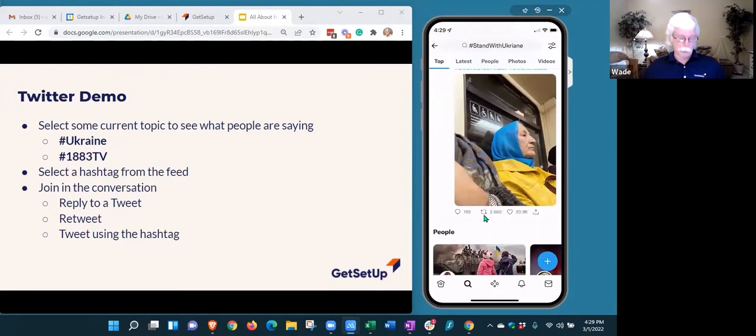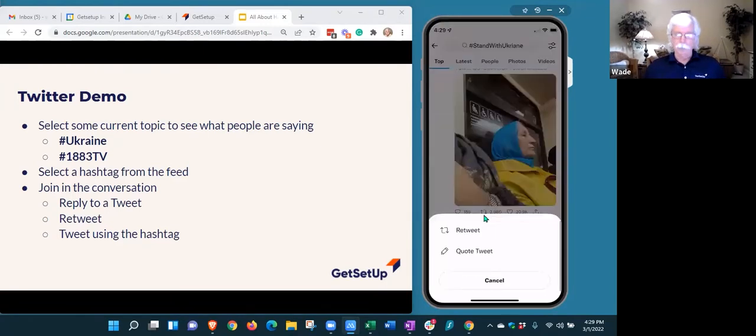But if you touch there, then you can retweet or quote tweet. And I don't want to turn this into a Twitter class, but if you retweet something, it's just going to forward it under your name. A quote tweet allows you to say something about it. So you can say, just read this article. It's great. Everybody needs to read this. So I'll touch this just to show you how that works.